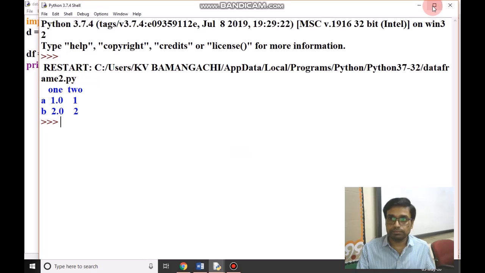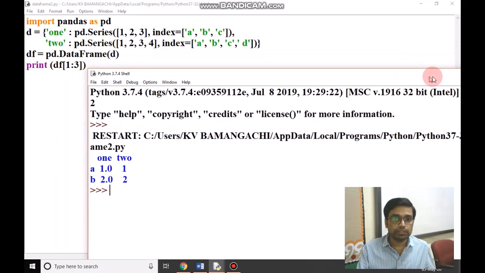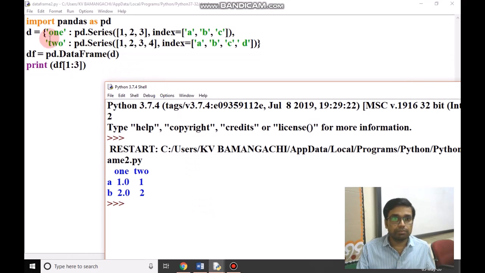It is giving column 1, column 2. Indexes are A and B. We have given df[1:3], which means starting from 1 and up to 3 but not equal to 3, meaning 1 and 2.